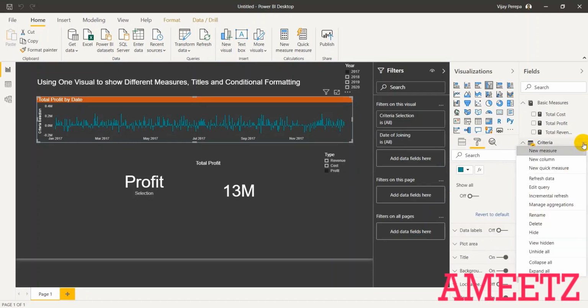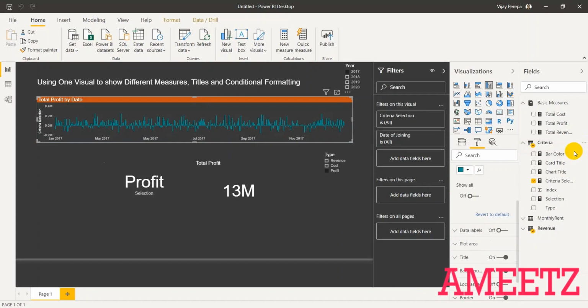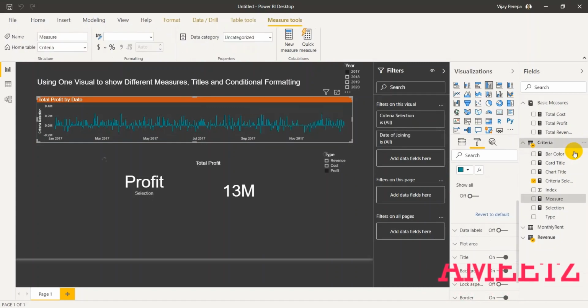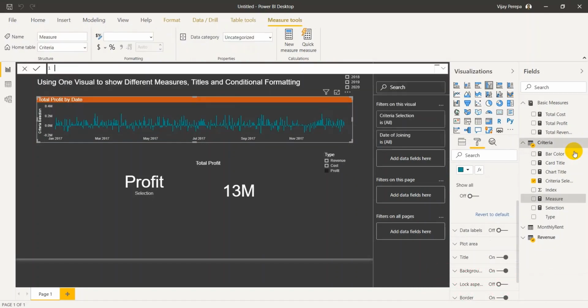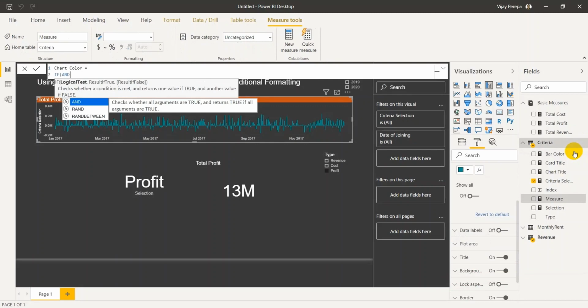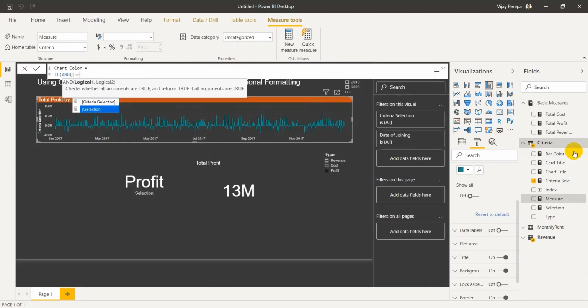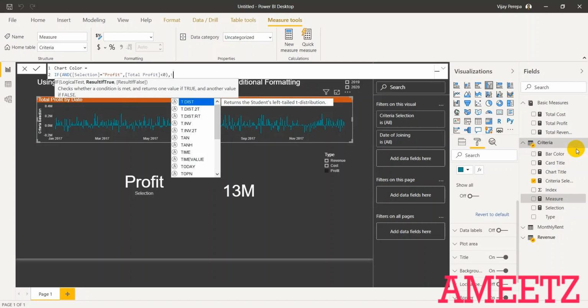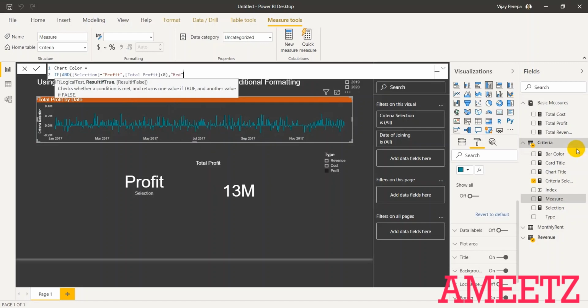I can use switch function or if function. I'm just using a simple if function. The measure name is chart color, and there are two logics I need to apply. One is selection equals profit, along with that, total profit is less than 0, then it has to be red.